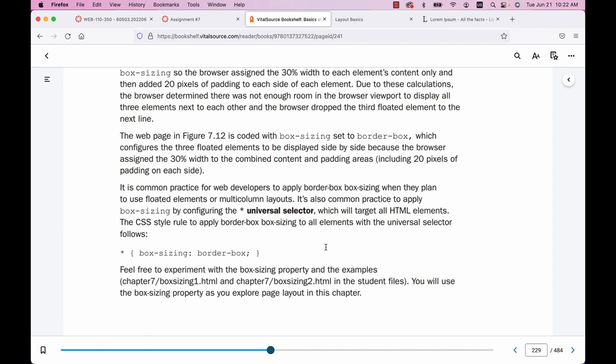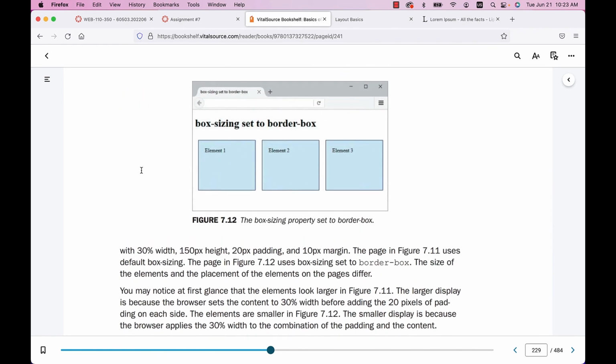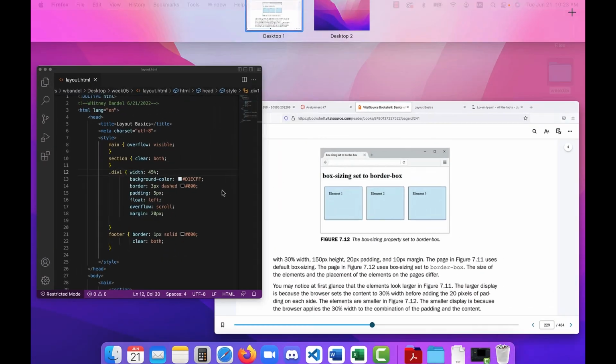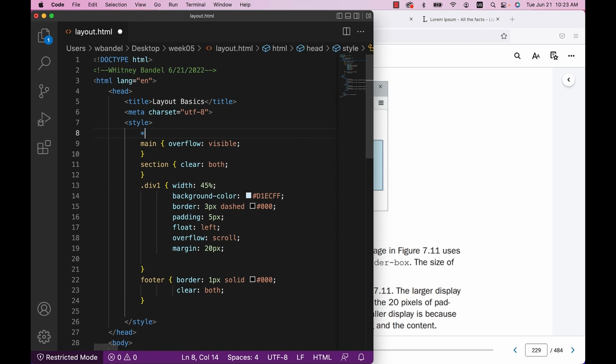So that's going to mean absolutely every single HTML element on the page is going to be set so that the size you say you want these items to be takes into consideration the padding and the border. So if you have something like this div that has padding and a border, it's now going to include that in that setting. So what that would look like is, at the top here, I would put in this asterisk,